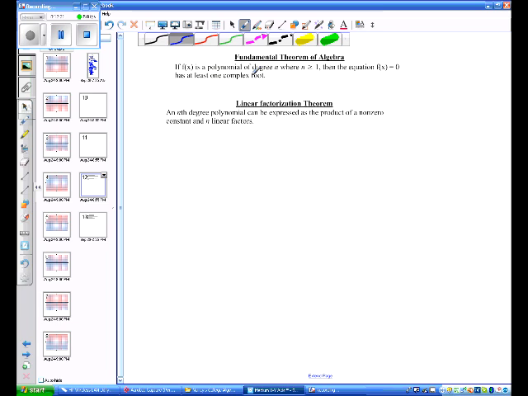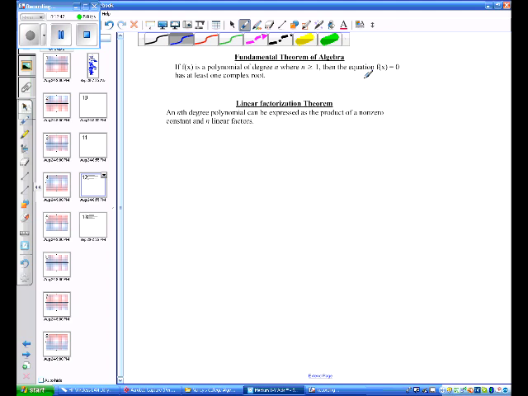If n is 1, it's going to have one complex root. If n is 2, it's going to have 2. If n is 3, it will have 3. Whatever the degree is determines how many roots we have. But you are guaranteed at least one complex root if n is greater than or equal to 1. Now remember, your complex numbers include your imaginary, so it doesn't guarantee a real root, but it does guarantee a